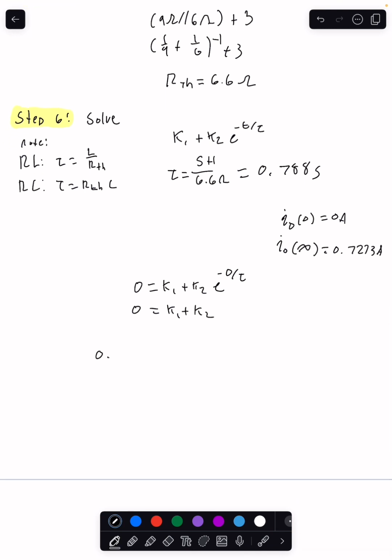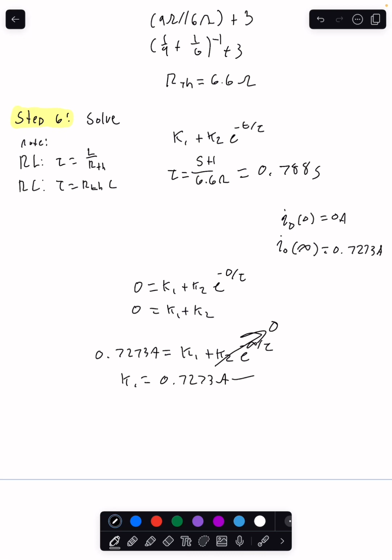And we know that 0.7273 amps equals K1 plus K2 e to the negative infinity divided by tau. And this e to the negative infinity will become 0. So we know that K1 equals